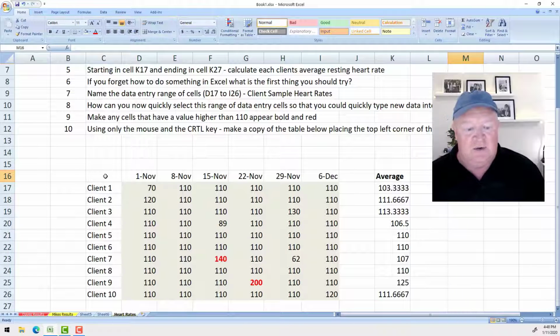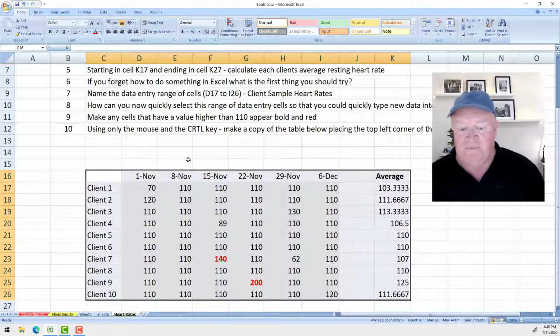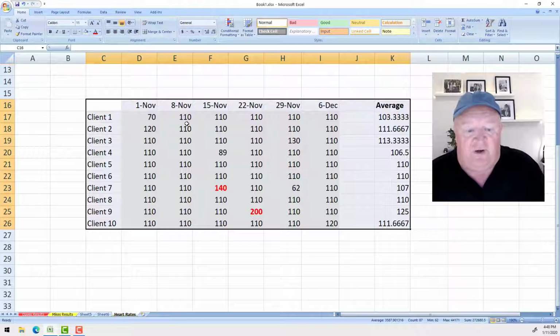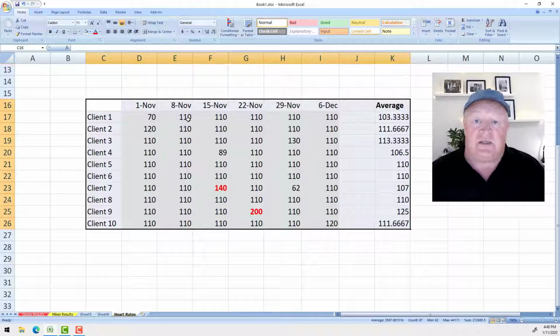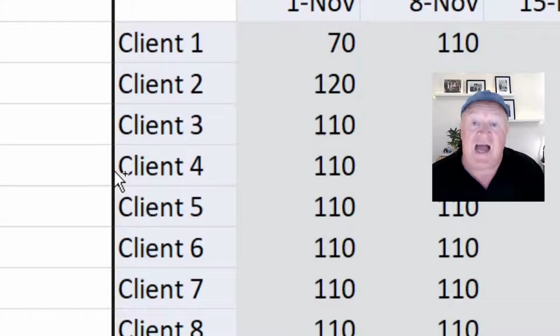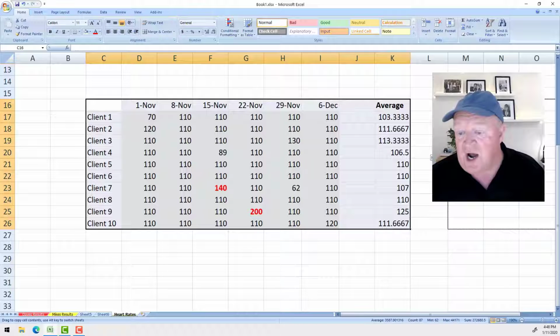okay. So what I want to do is grab the whole table there. And now, of course, you're probably quite aware that you could do copy and paste, so Control C, Control V, but we're going to do it slightly differently. So I've got the range selected. I'm going to hold down my Control key. I'm going to work from this side over here. I'm going to hover over the edge of that range, and I don't know whether you can see it or not, but my mouse changes to a mouse pointer with a plus sign, and if I click and drag and drop that,